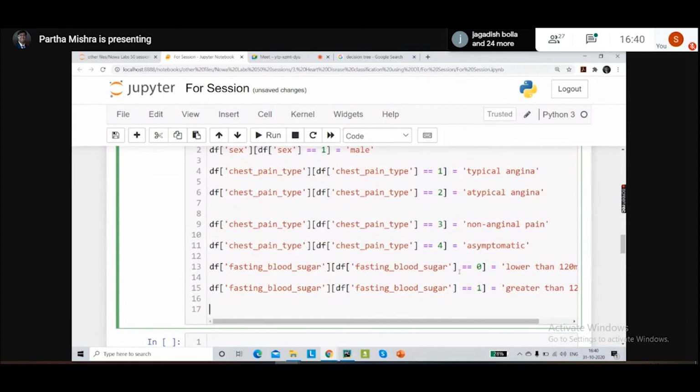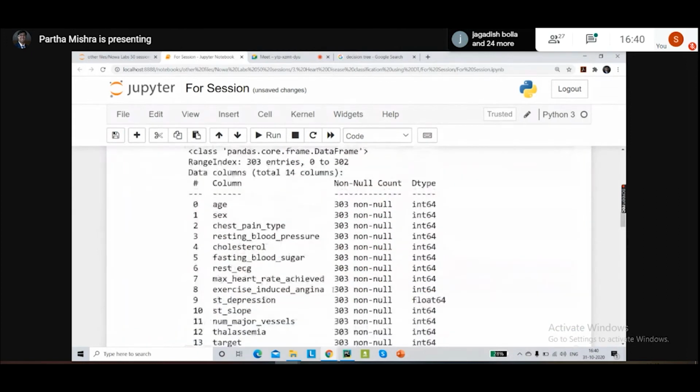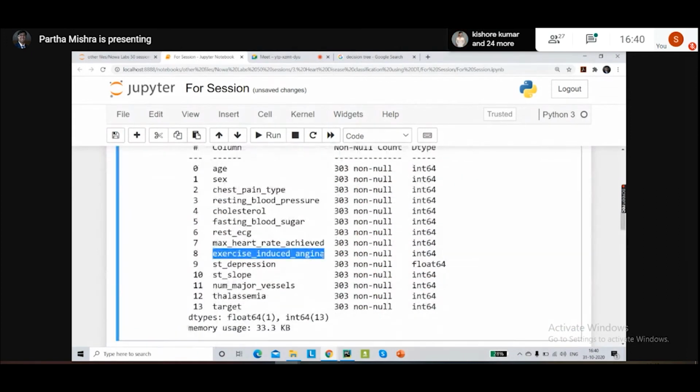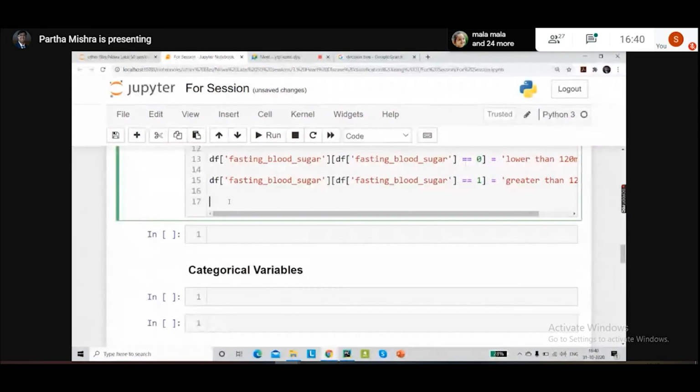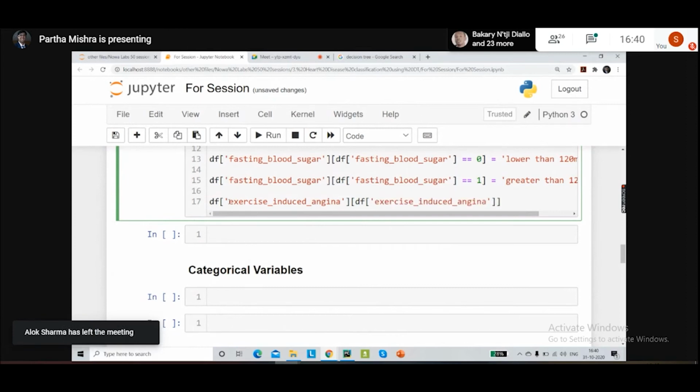The next thing that we'll focus on is this term called exercise induced angina. And here if the value is 0, then we'll simply say the person doesn't have this.